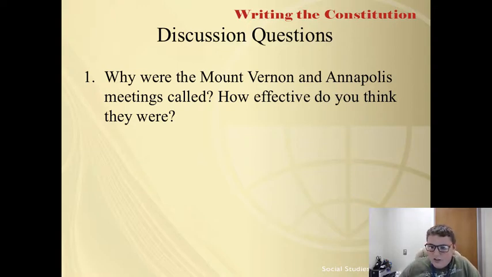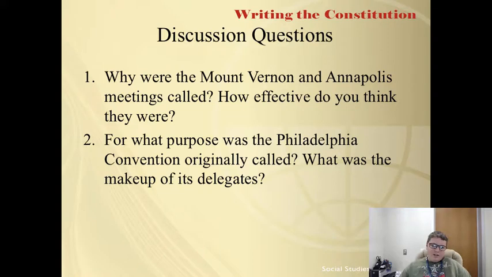The meeting would address weaknesses in the Articles of Confederation. Number 2. For what purpose was the Philadelphia Convention originally called? What was the make-up of its delegates? The Philadelphia Convention was originally called to address problems with the Articles of Confederation. It became obvious early on that weaknesses in the system made simple revisions impossible, and that a whole new document